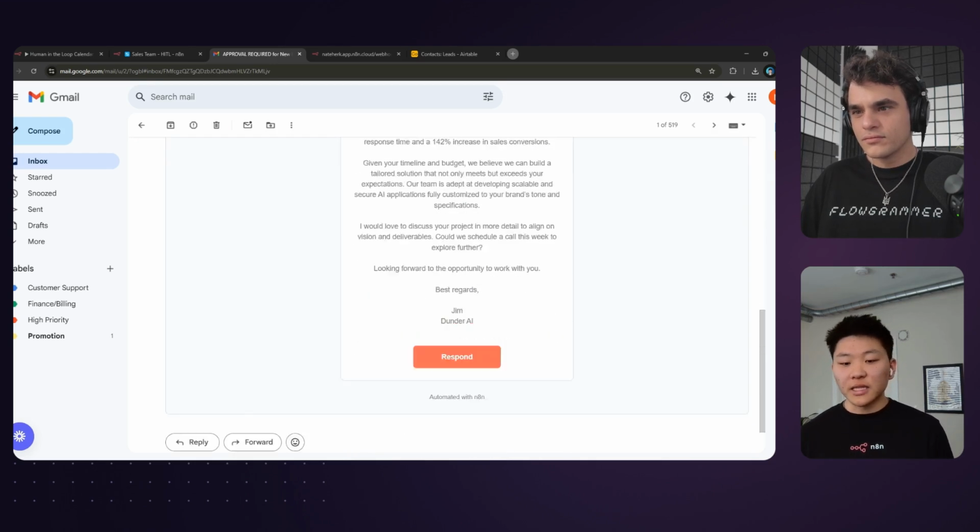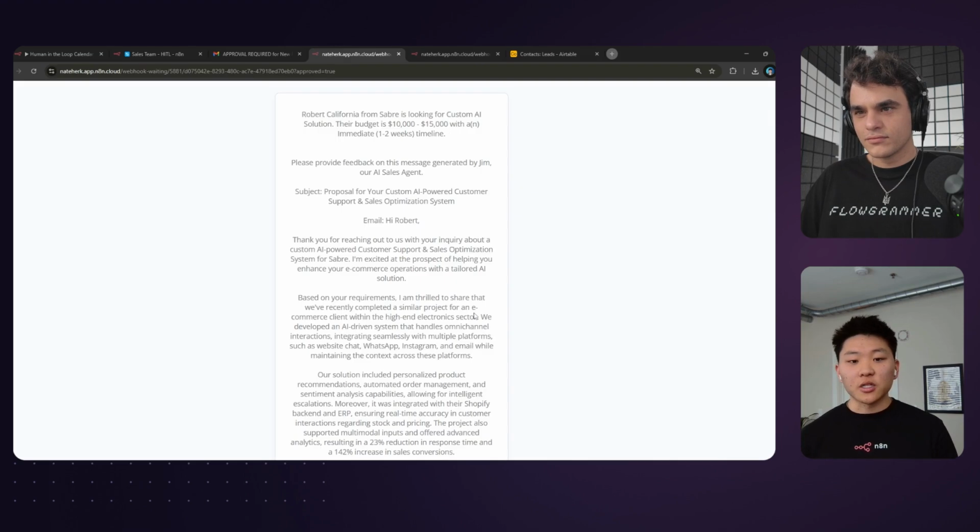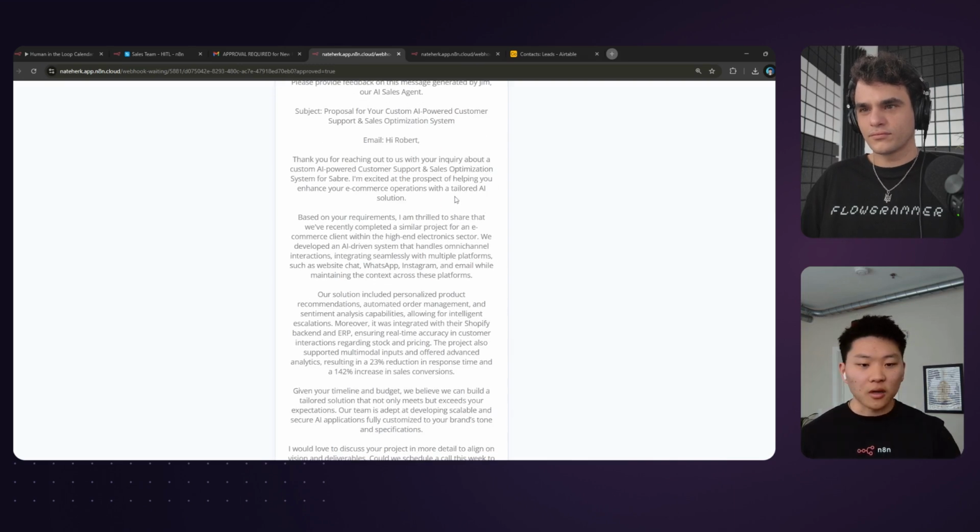So what I'm going to do before we read this email is just scroll to the bottom and hit respond, which is going to pull up that new window where we're able to actually give our feedback. And so we can see we have the subject of our email, and then we can actually read it. I'll go high level over what this email is saying. Thank you for reaching out to us with your inquiry about a custom AI-powered customer support and sales optimization system